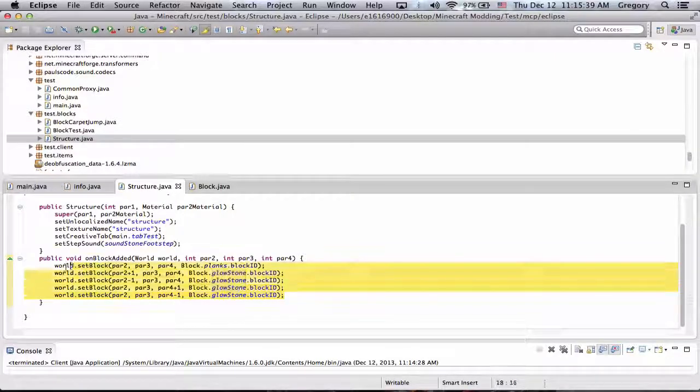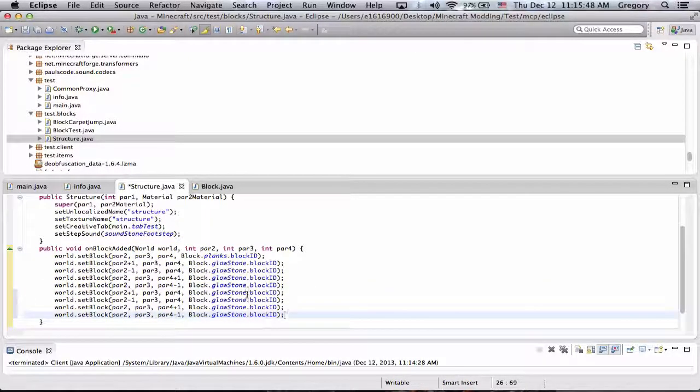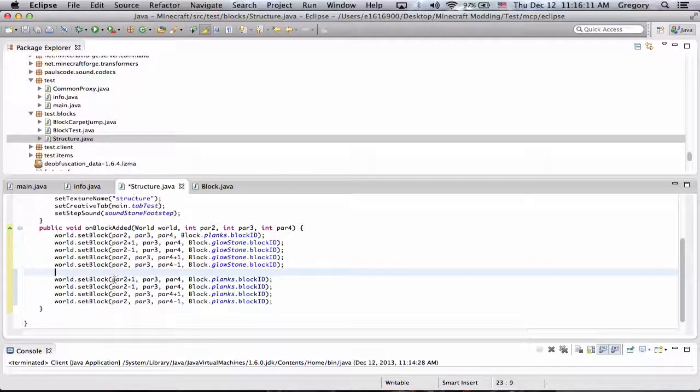Basically what you can do is you can copy all of this code again. Actually, I'm not sure you want to do that, but still, let's just copy it all again. And paste it all again, and you can just change this to wood. Actually, planks would be good. Planks, planks, and planks. There. So now, basically what we have, if we just separate this a bit to make it a bit nicer,